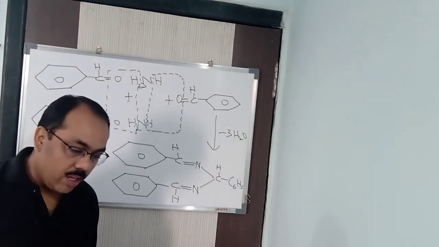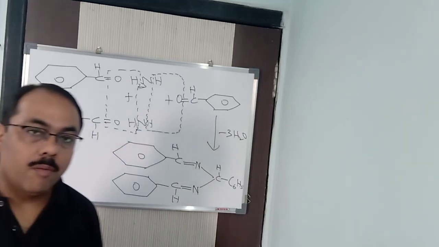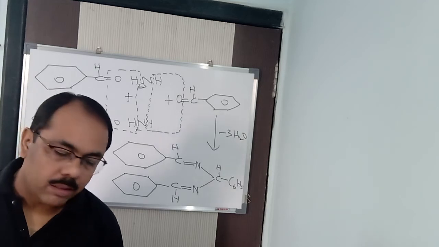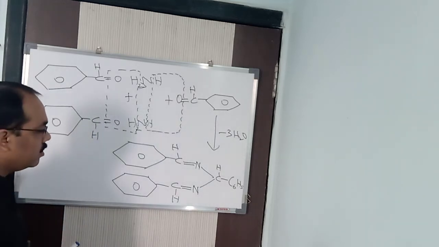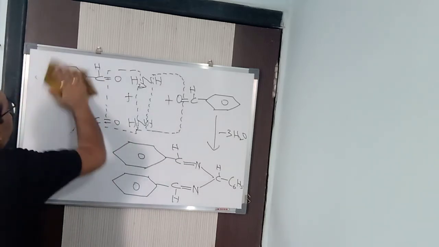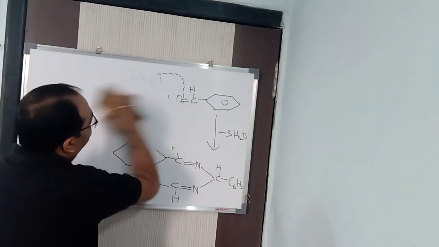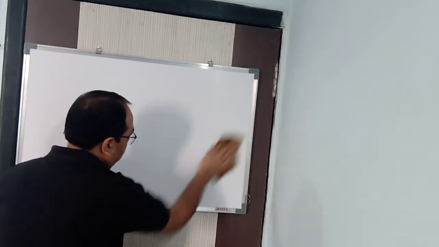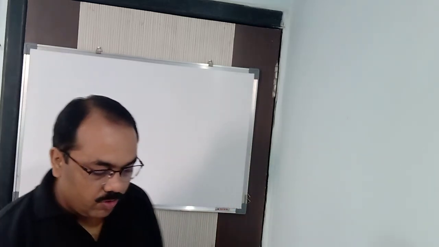So what is this known as? It is known as hydrobenzamide. This product is known as hydrobenzamide. Alright? You got it here. So we got 3 reactions: one with acetaldehyde, formaldehyde, benzaldehyde. Now what is left? Acetone. It's being left. With acetone, what is going to happen?